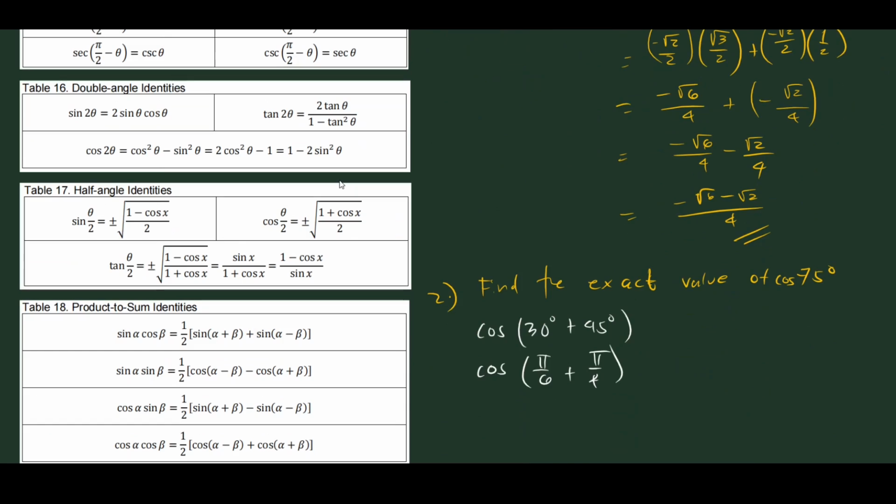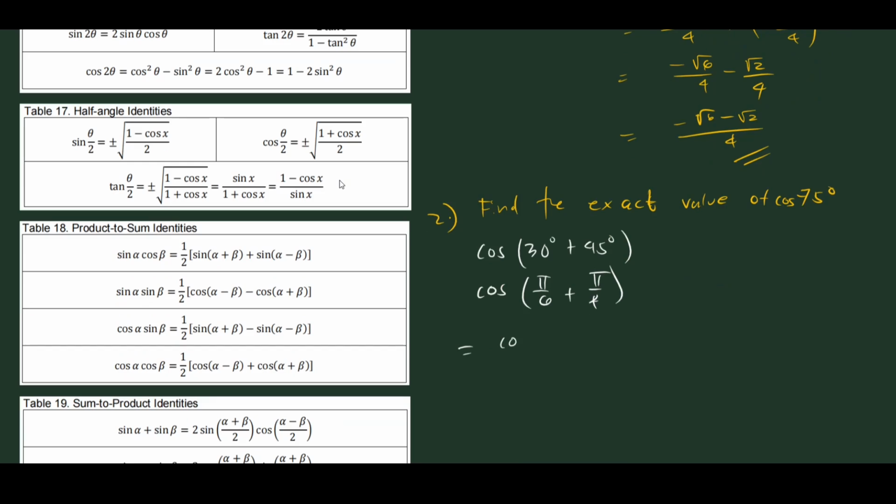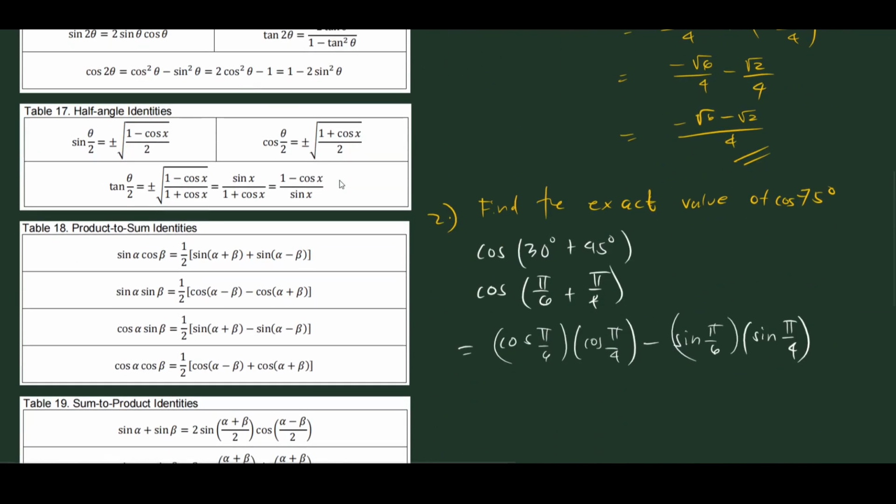So let's do it. So we get, let's just write it below. So this is equal to cosine of pi over 6 multiplied by the cosine of pi over 4, and then minus sine of pi over 6 over the sine of pi over 4. Okay, so if we take a look at the unit circle,